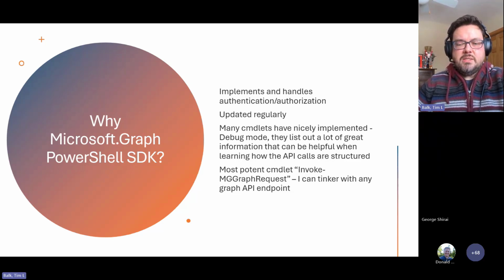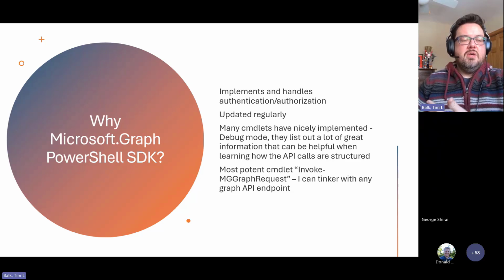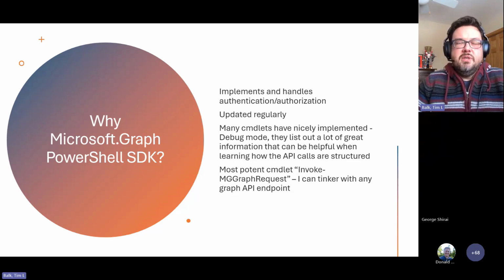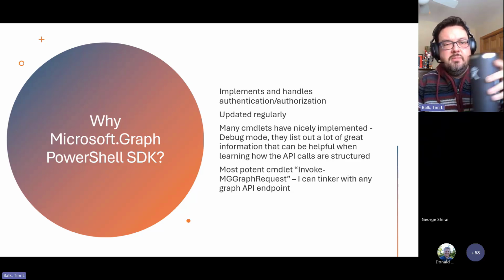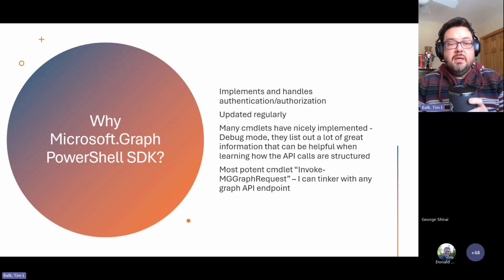So it's really nice that you can use the PowerShell SDK for Microsoft Graph to concentrate on writing code as a solution versus writing all of the little pieces for it. Authentication and authorization are their own bear altogether. It's updated regularly, and